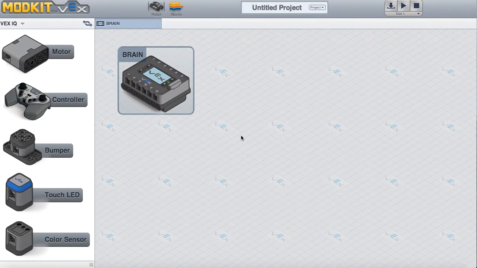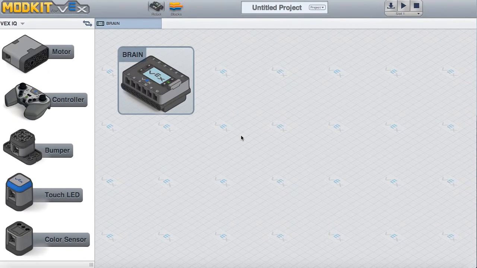This is Modkit Lesson 2, Block Programming. In this lesson, we're going to start with the Lesson 1 project that we created, and we're going to add an arm to the program. This could be a lift or a lever or an arm of any type. It's going to include buttons to customize the controller, to raise and lower the arm, and to hold the arm